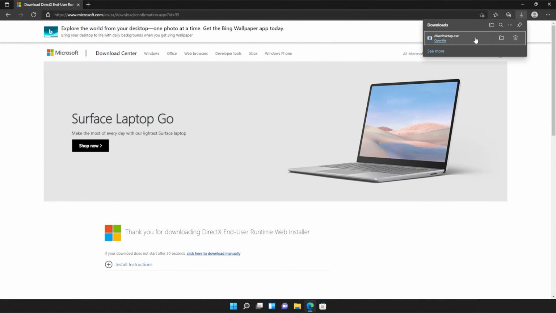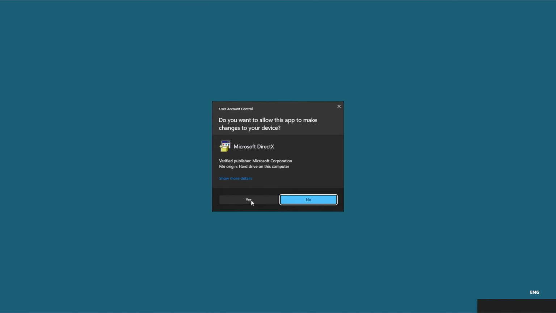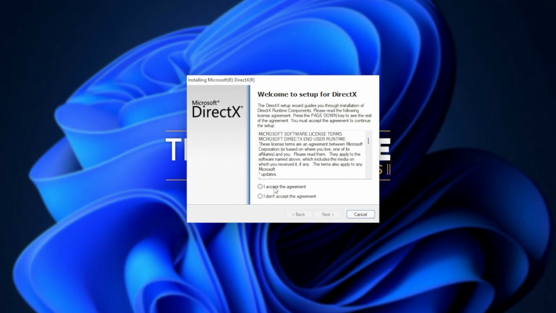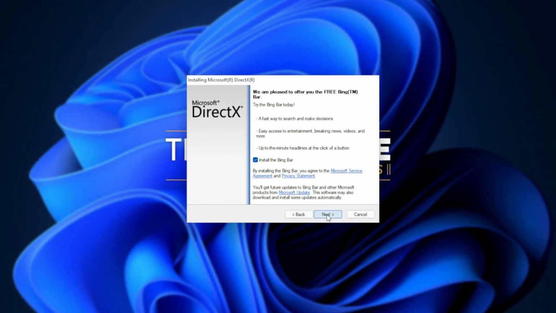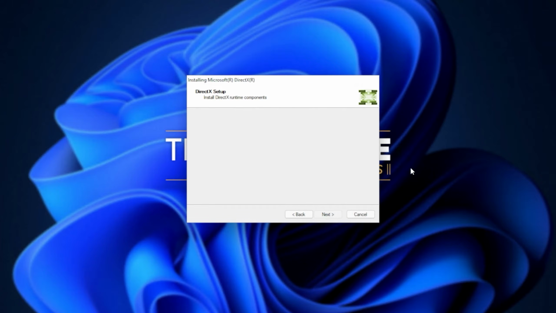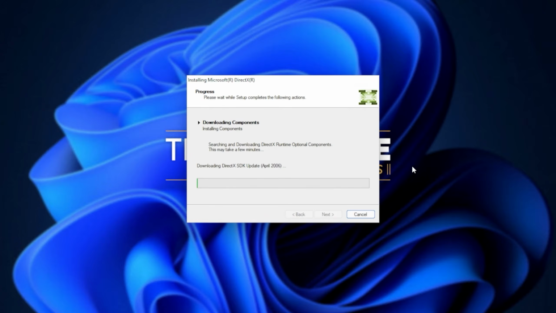Click on it to open it up, and then click Yes when prompted for admin. In this new window that's popped up, click I accept, Next, uncheck the Bing bar, Next, and then click Next once again. The next two steps involve automatically downloading all different versions of DirectX and then automatically installing different versions